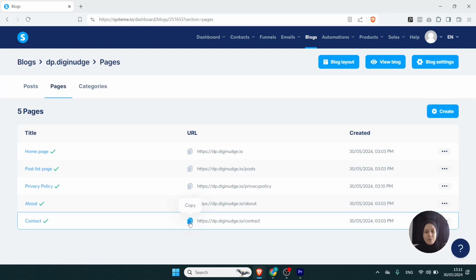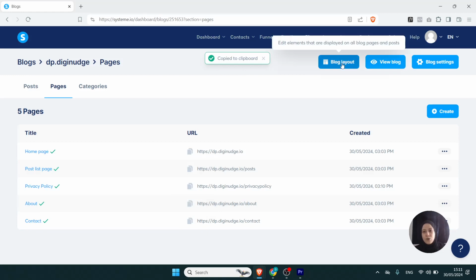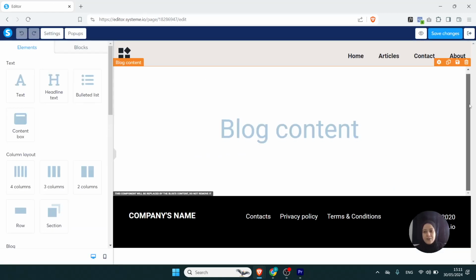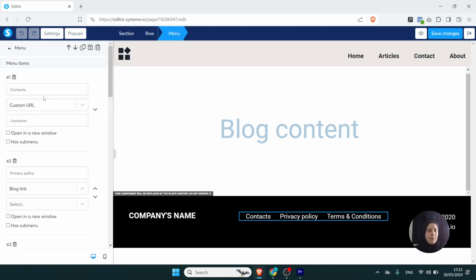Then what you do is copy the link and let's go to blog layout. We go to blog layout and then go to this orange gear, and here you can choose a blog link, and it works if you're just on the website. But if you want to add this footer on your landing pages, you have to choose custom URL and paste the URL. You can check open in a new window, and you do the same for privacy policy and terms of conditions or any other